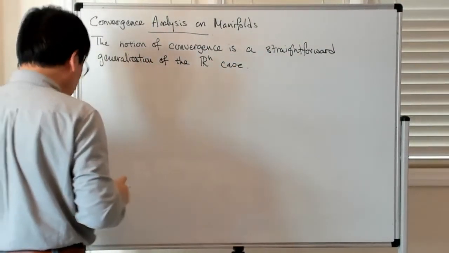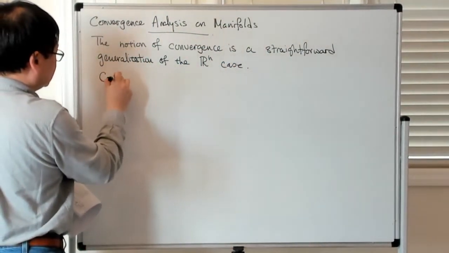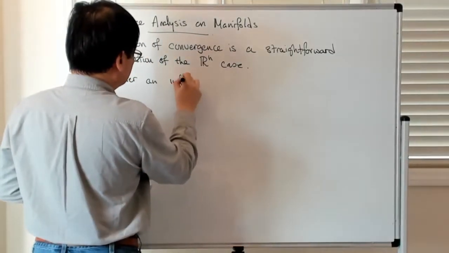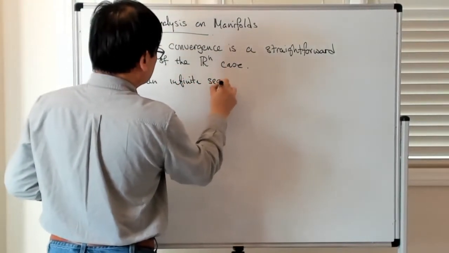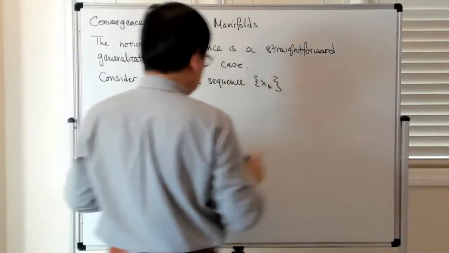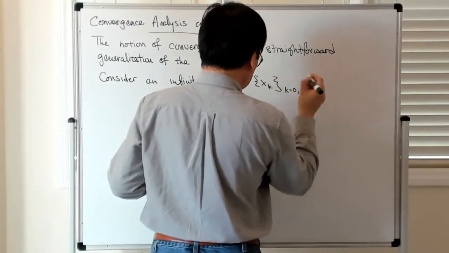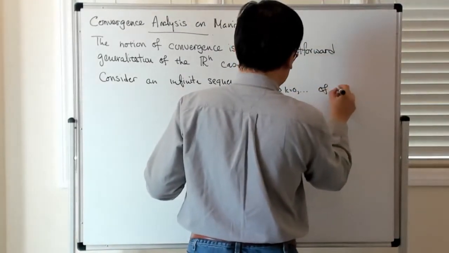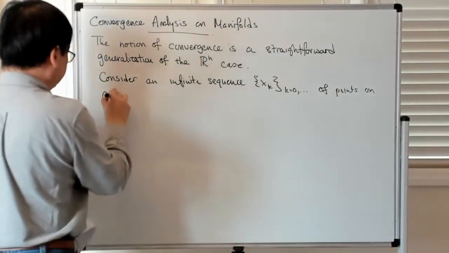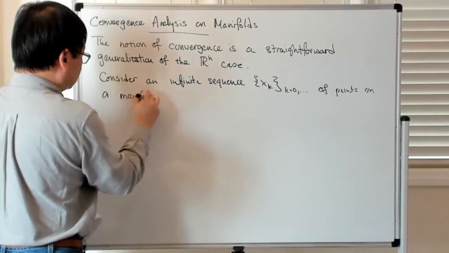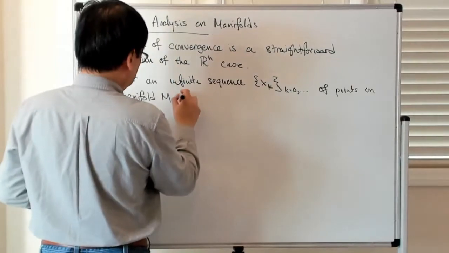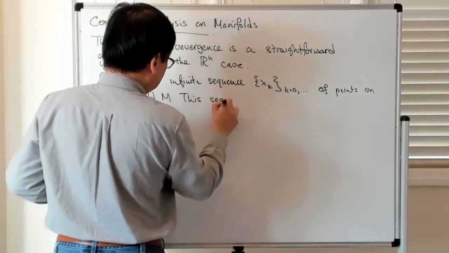All right, so let's say you consider a sequence of iterates, say xk, k goes from 0 and so on, of points on a manifold M. Okay. This sequence is said to be convergent